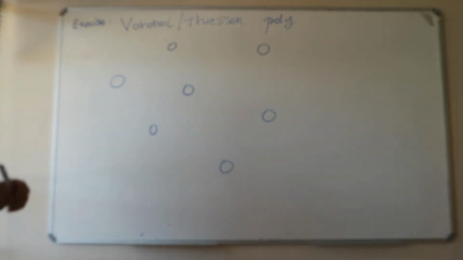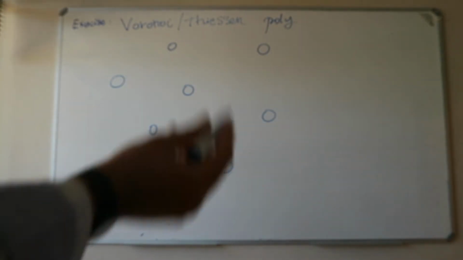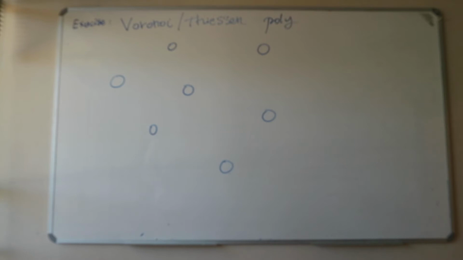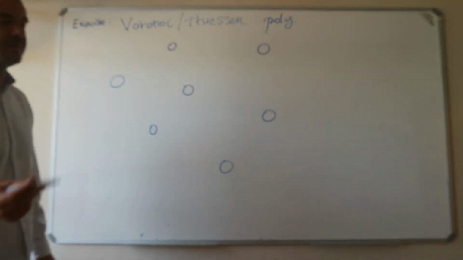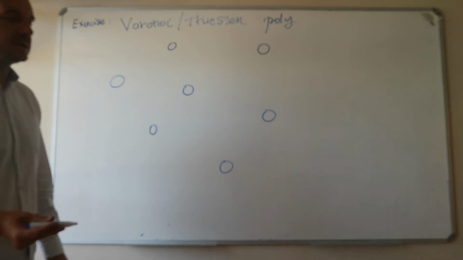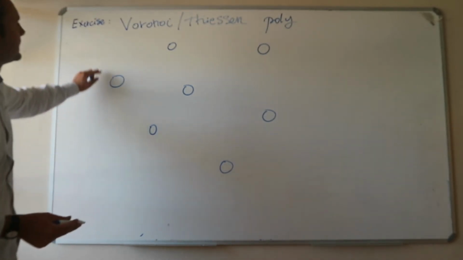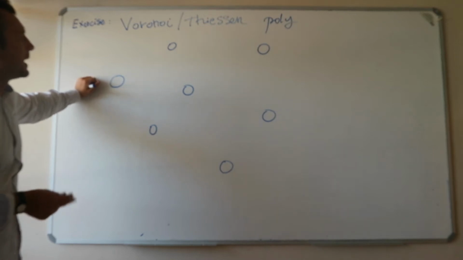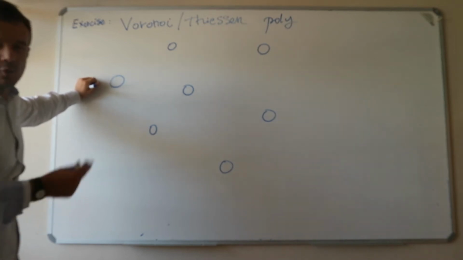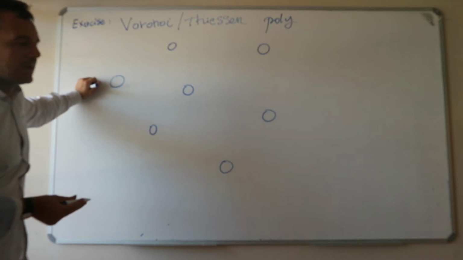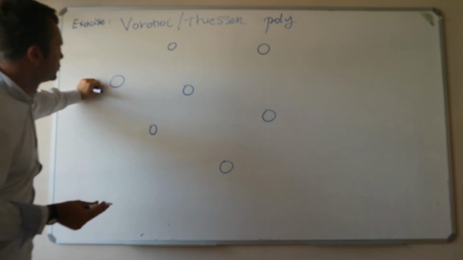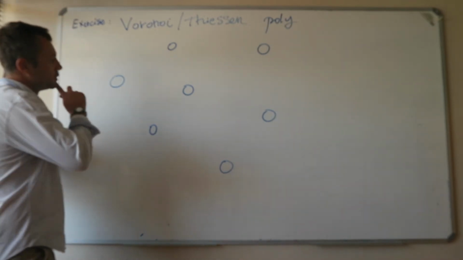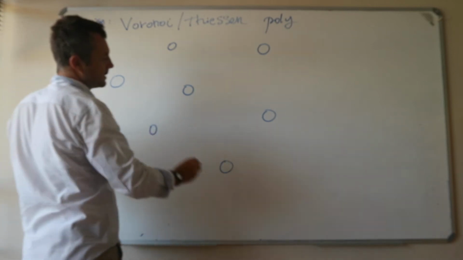Okay? So, what is important for us now, you can read, of course, about the applications of these Voronoi and Thyssen polygons. These are very common tools used in GIS, and you will see this a lot in meteorological data, but in any case, we need to learn how to calculate these polygons. ArcGIS or Quantum GIS is going to do the analysis for you, but it's a very simple analysis, so let's do it. First step is to link the different points,